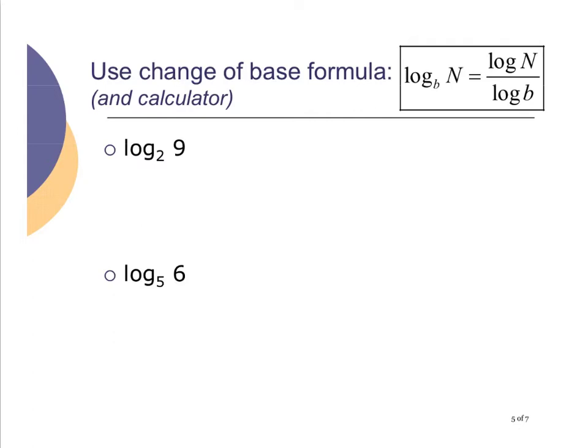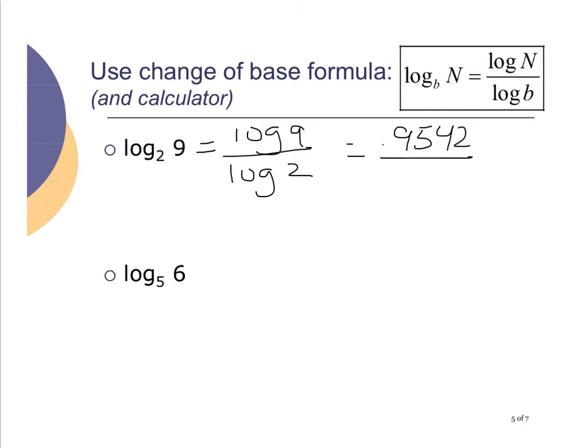So right now we have this, and it's the log of 9 over the log of 2. I'm going to go to 4 decimal places, so I have 0.9542 over 0.3010. And when you're rounding at this final answer, you can go to 2 decimal places, so you should get